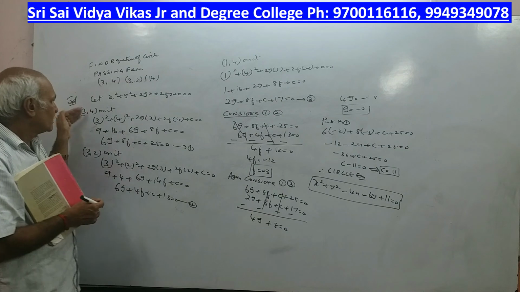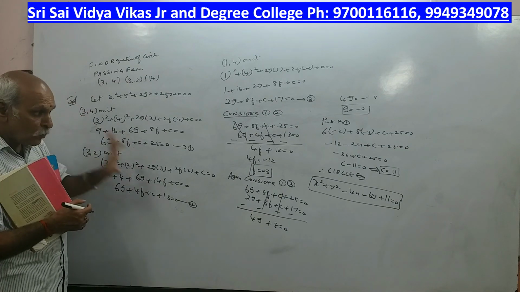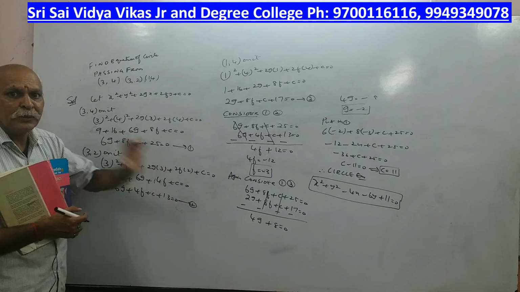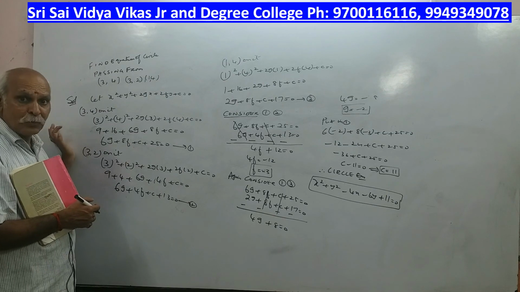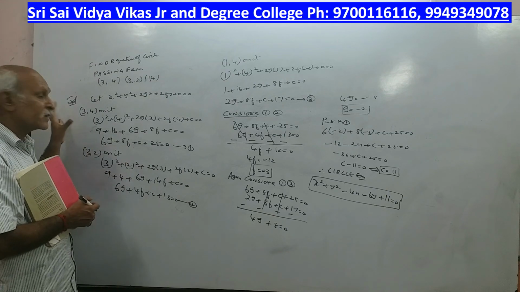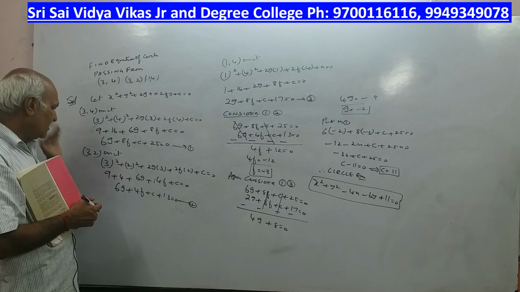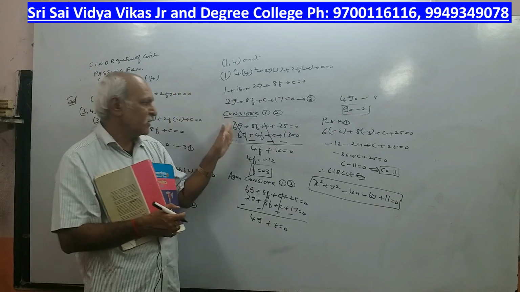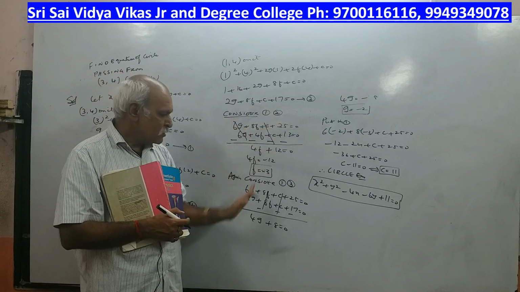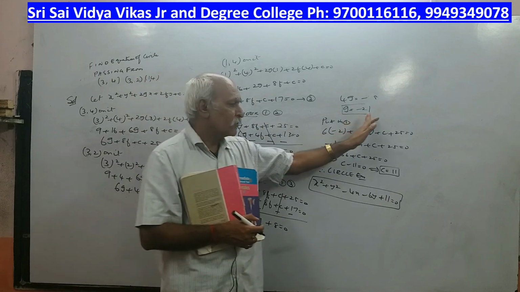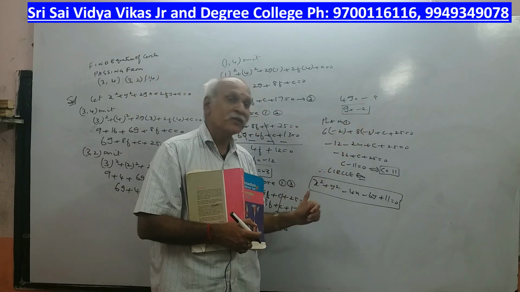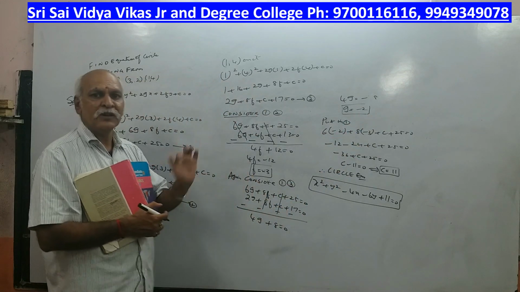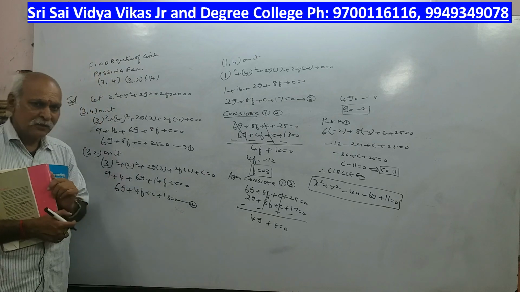So here 3 points will be given. This model is very important. I will be doing so many problems on this, and I will give you 1-2 problems for practice also. So practice them, sir. First point, second point, third point, 3 equations will come. Solve 1 and 2, solve 1 and 3, then whatever g value and f value you get, put it in the first equation. Is it clear? So this model is very, very, very important. Okay, please note down.